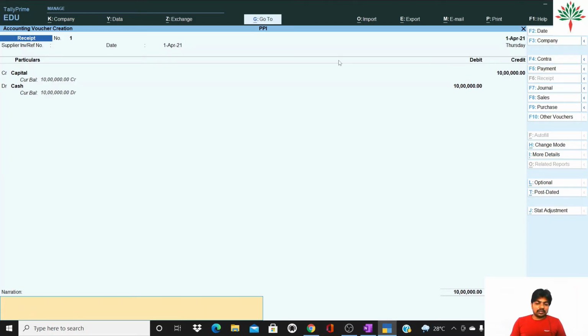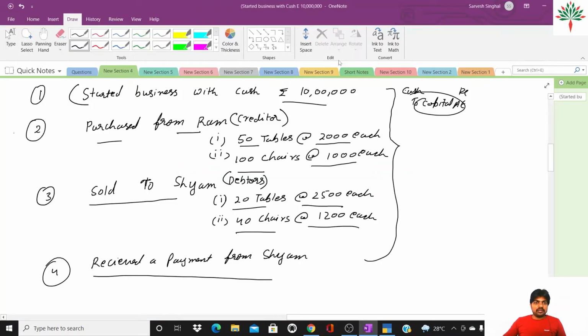I am writing here, started business with cash, right? And press the enter key, and again you will have to save everything. I have told you two options, either Control plus A or by accepting it. So we have accepted. Okay, so one transaction is finished. The journal entry we have done in the voucher.